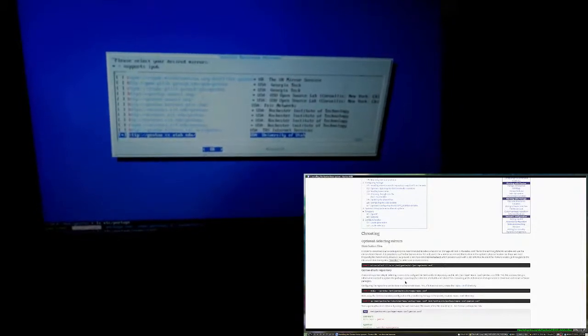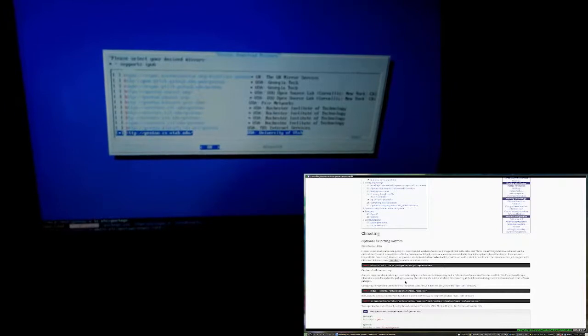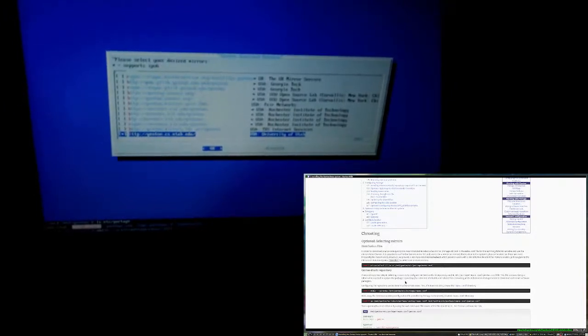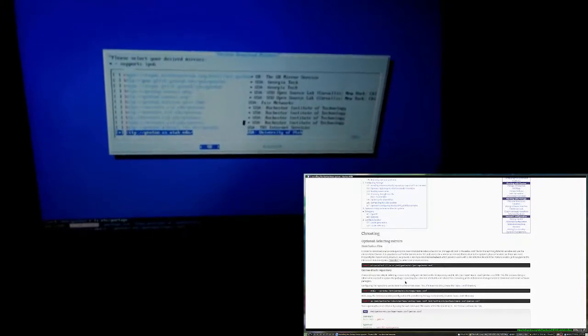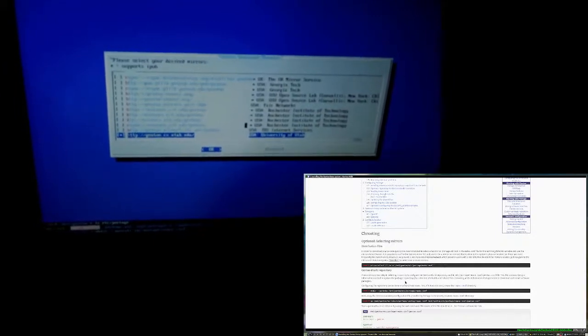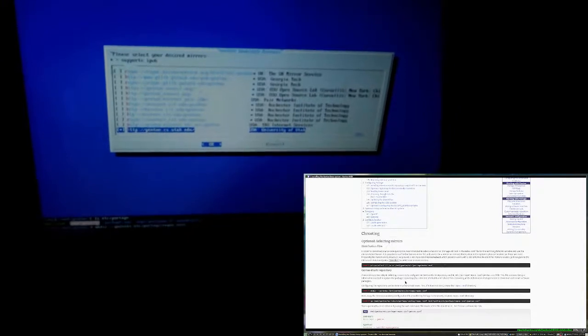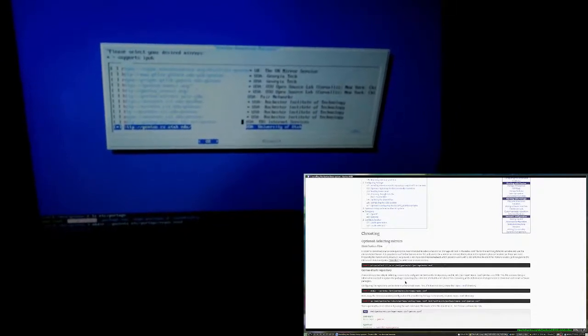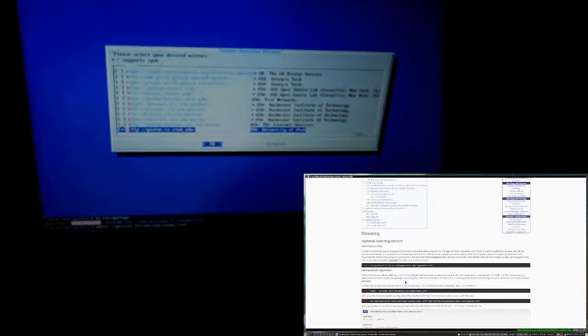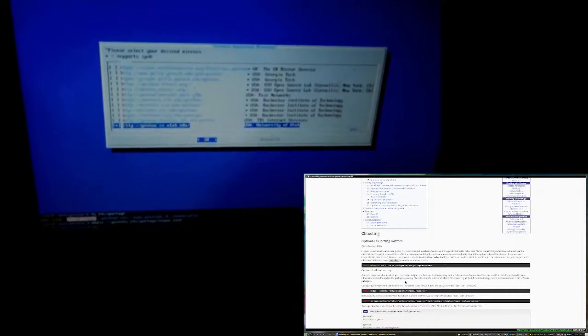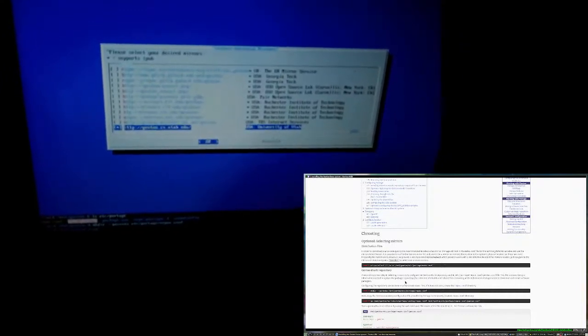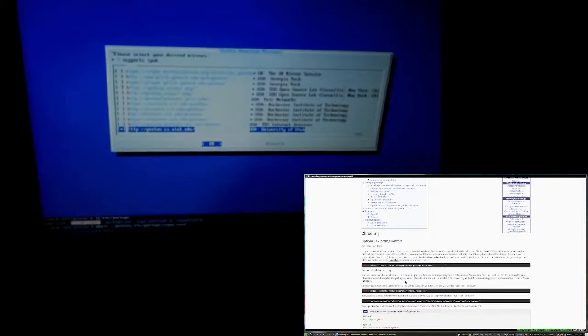If I can add a dot in instead of that. Okay, mkdir parents. And then we go cp, usr share portage config repos.conf